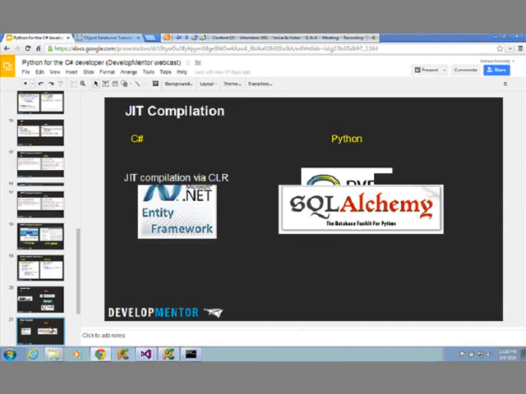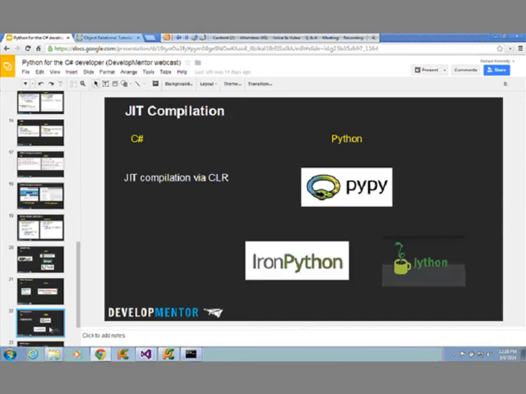Oh yeah, so JIT compilation. By default, this is an interpreted language, but some parts of it are written in C. Right? So like SQLAlchemy, the really high hotspots of that thing are actually implemented in C, so it's very fast. But if you would like to have a JIT version, you can use this thing called PyPy. Or if you want to run on top of C#, you can use IronPython and consume .NET classes as well as provide Python classes to .NET.